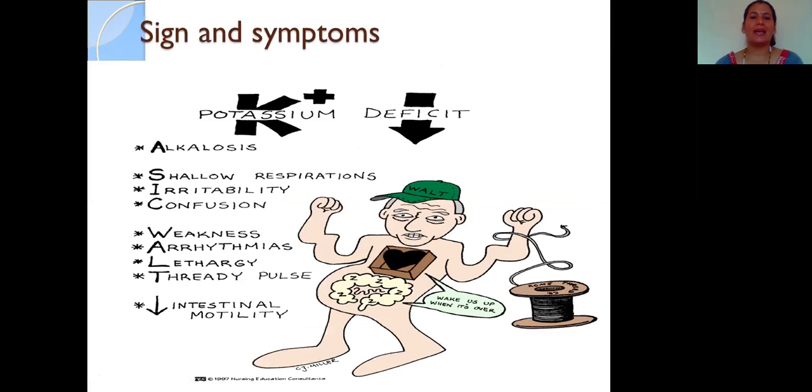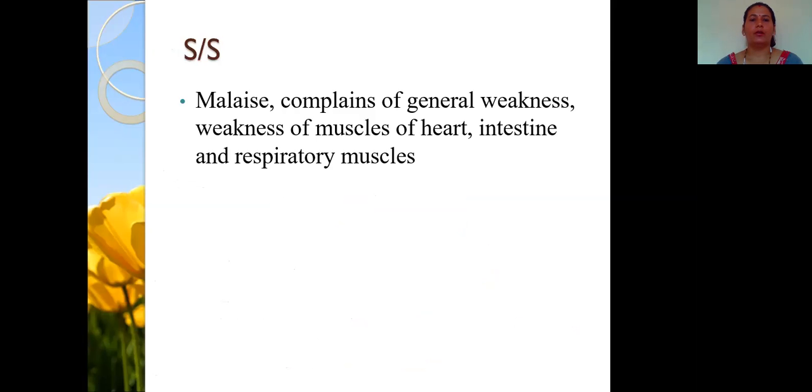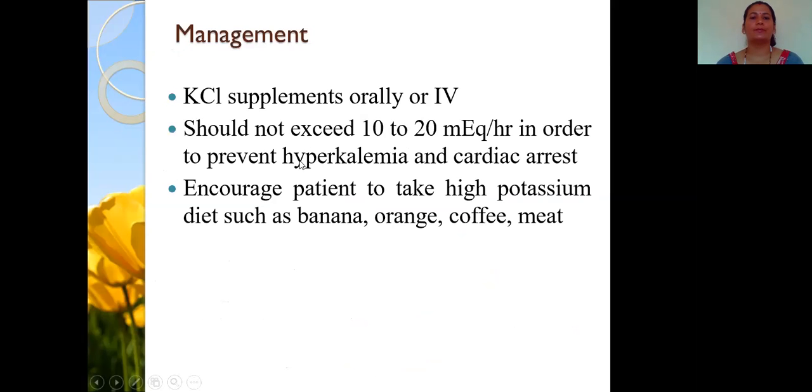Here we come through the signs and symptoms of potassium deficit: alkalosis, shallow respiration, irritability, confusion, weakness, arrhythmias, lethargy, steady pulse, and decreased intestinal motility. The other signs and symptoms are malaise, complaint of general weakness, weakness of the muscles of the heart, intestinal and respiratory muscles. For the management, KCl supplements should be provided orally or through IV fluids, and